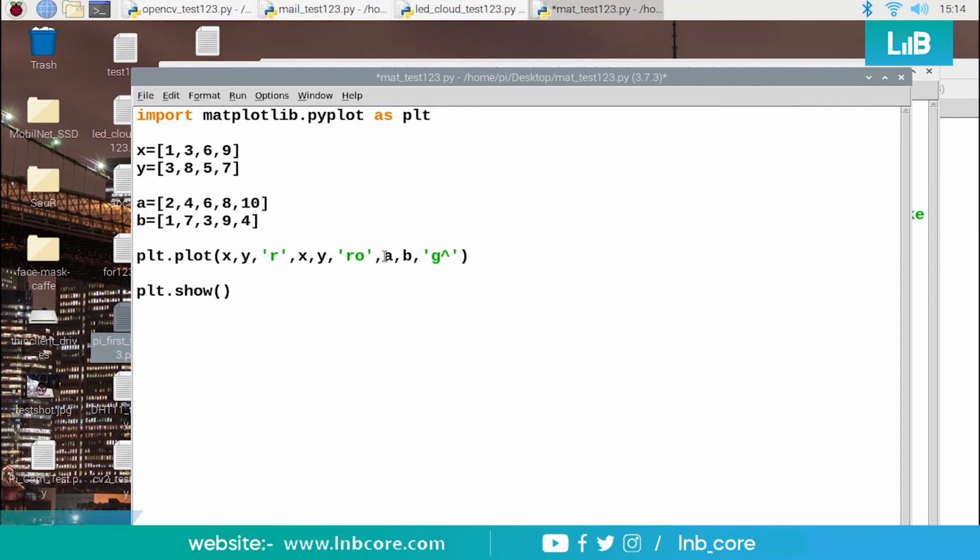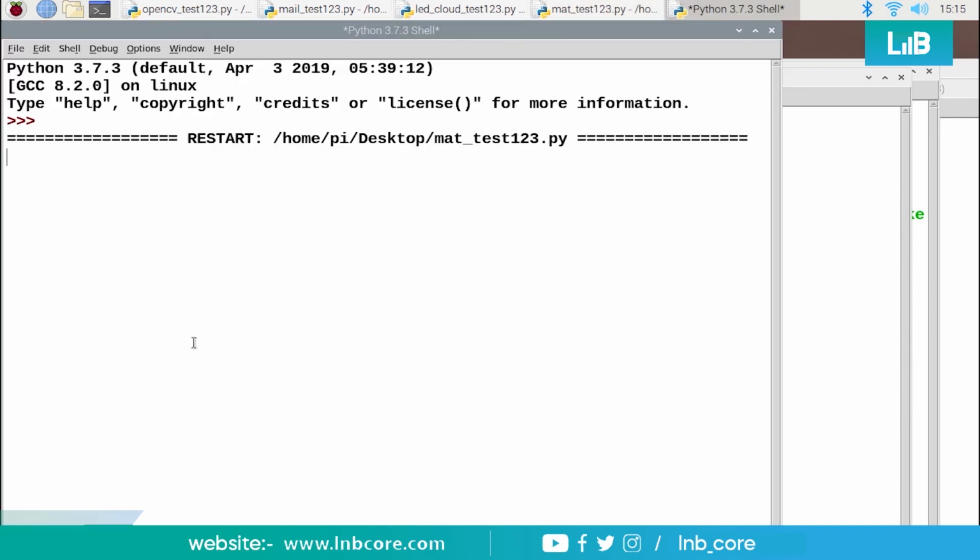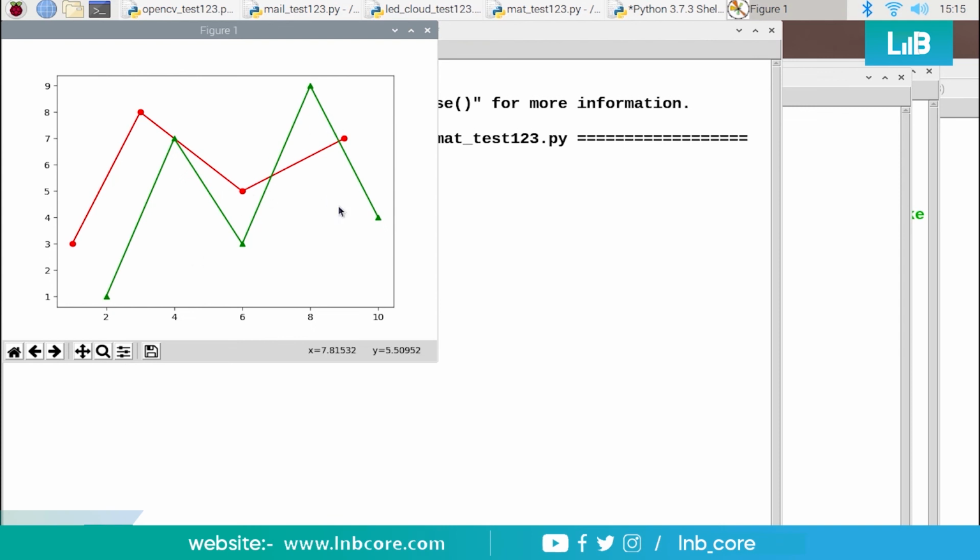Also, if you want to check a comma b comma g, a green line for this other data along with the points. Let's see how it will be displayed. So it will have a different visualization. With this visualization we now have dots and also the lines. It is quite good.